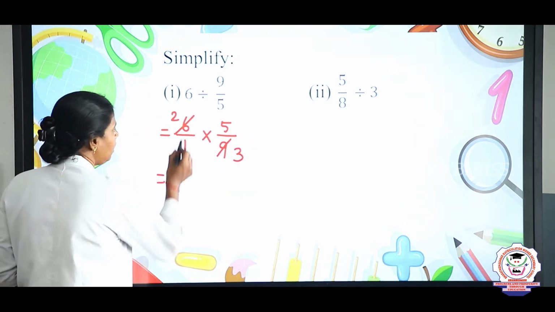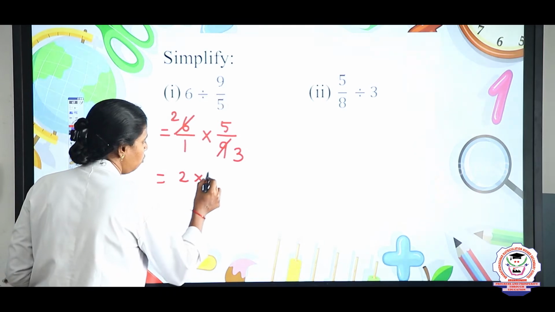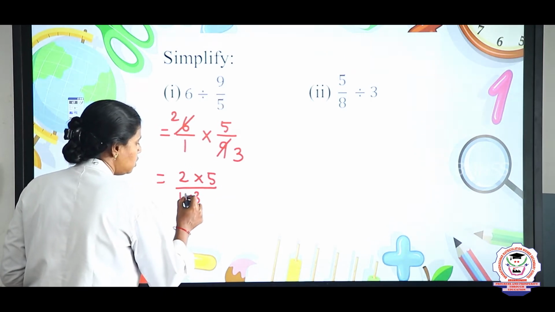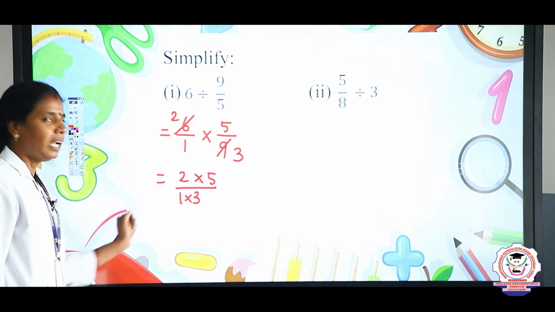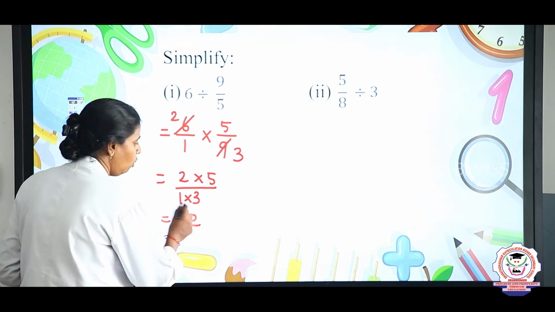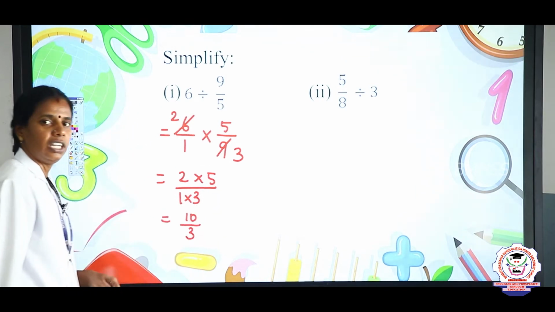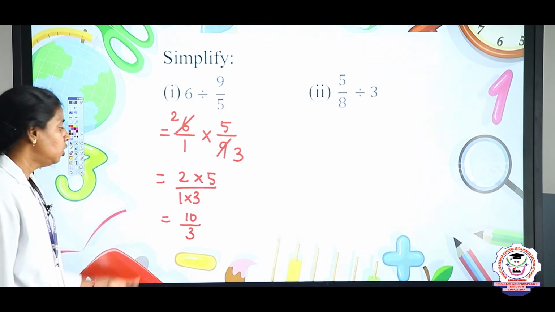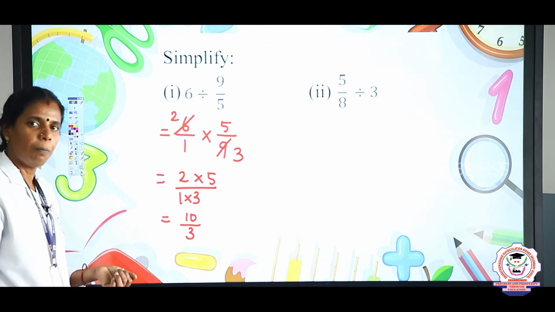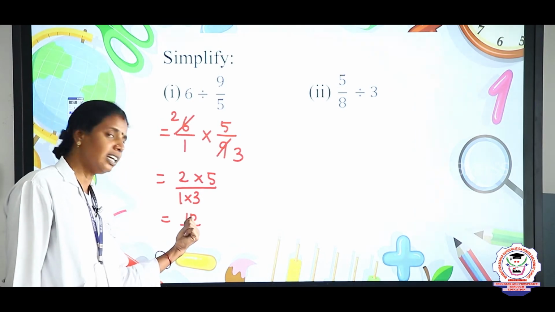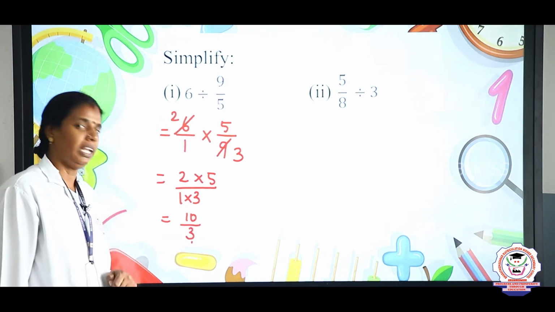Now the remaining in the numerator is 2 into 5 by 1 into 3. Now we can multiply this. 2 5s are 10 by 1 3s are 3. So 10 by 3 is the answer. Is it clear? Whenever the answer is an improper fraction, that is, the numerator is greater than the denominator,